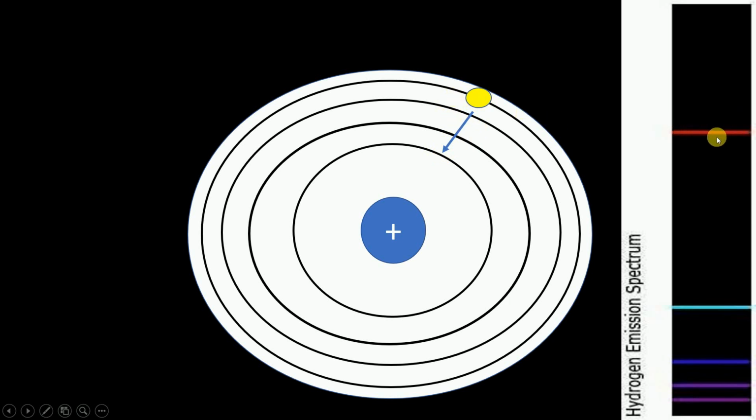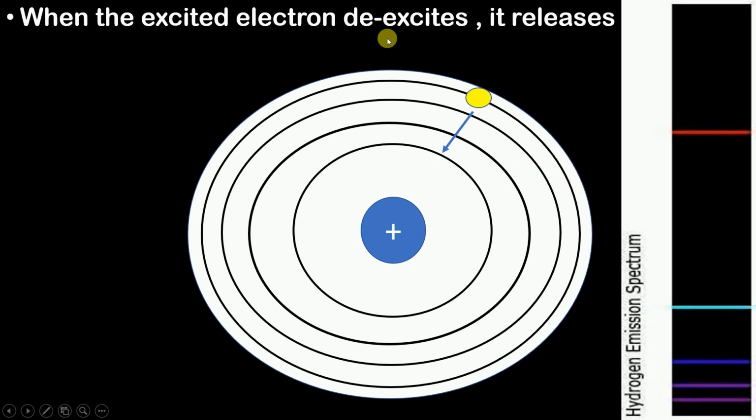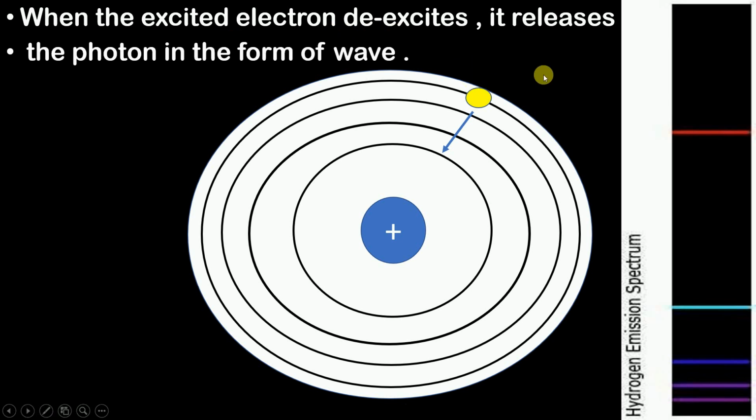Now which color light you will get? It completely depends on which transition the electron is making, whether it is making transition from third orbit to first orbit, second orbit to first orbit, or fourth orbit to first orbit. It completely depends on that. So when the excited electron de-excites, that is, returns to its original place,